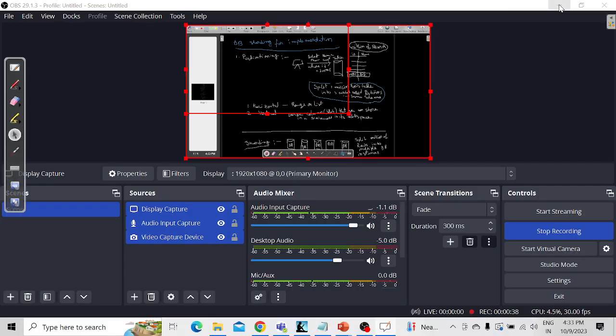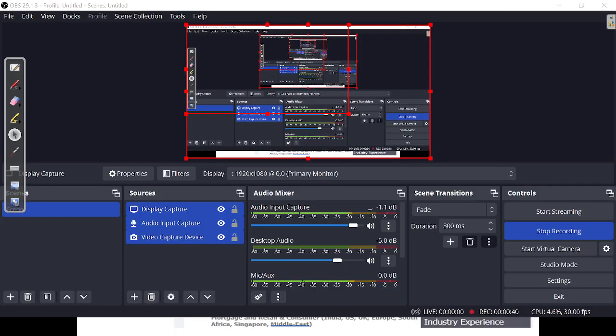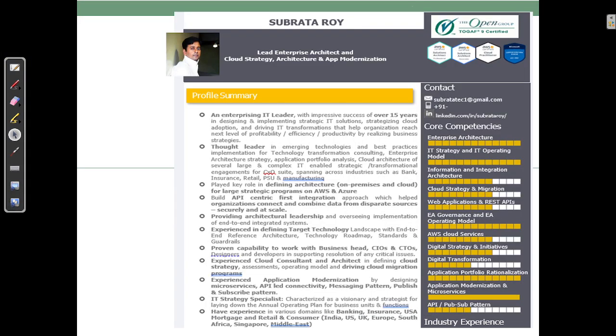But before that, just a small introduction about me. I'm Shubhrata Roy. I'm working as an enterprise architect in cloud architecture and app modernization. I have over 15 years of experience in designing and implementing strategic IT solutions, strategic cloud adoption, and driving data transformation.